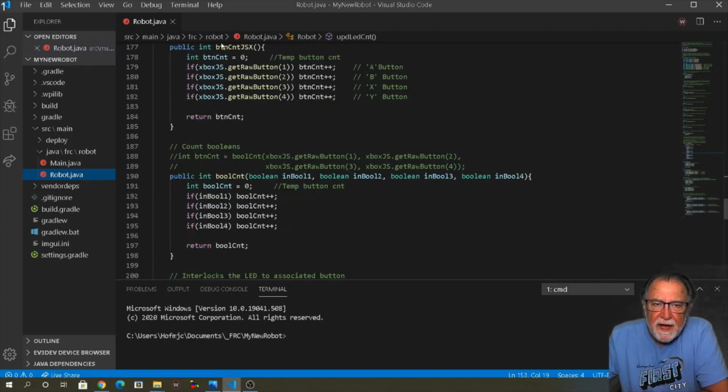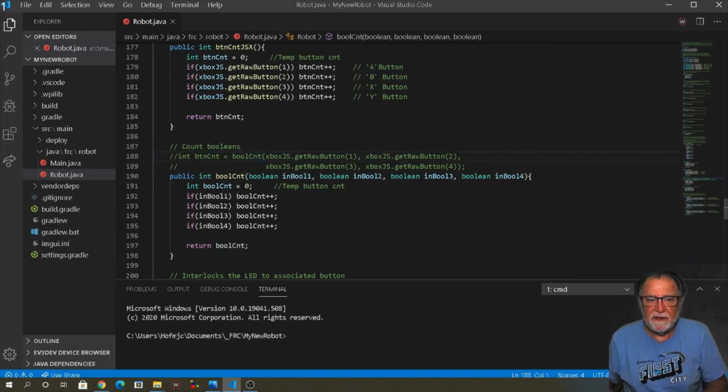So here I've copied down the code, right? We've got a public Boolean counter, and it's expecting us to pass 4 Booleans, Boolean 1, 2, 3, 4, and I'm using that as my incrementer. If Boolean 1 is true, increment. 2, 3, 4, return the Boolean count, right. What do we need to change in code? Well, really the only thing we need to do